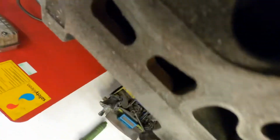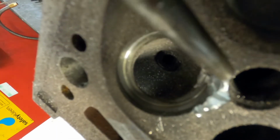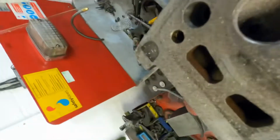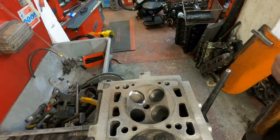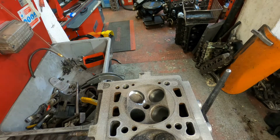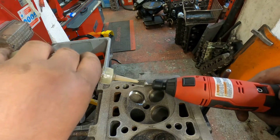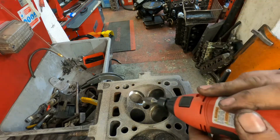So now I just need to grind up round here, all the way around here and everything, and then get some temperature into it. It's quite a deep seat, so that might be one that I need to order. I don't know. I'll have to have a measure up in a moment. So now once again with the die grinder, just a bit of oil on the carbide there. And then,